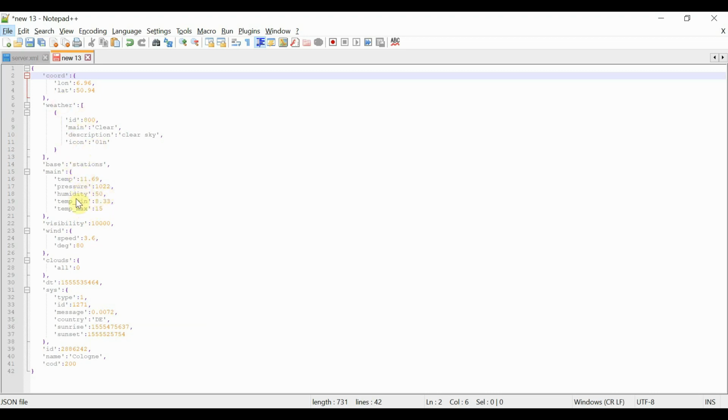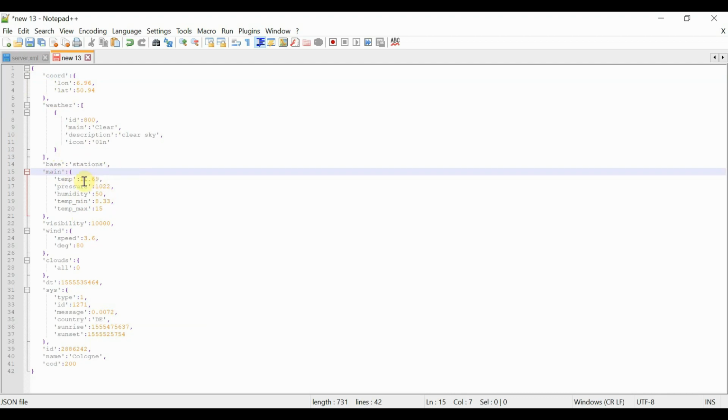So to get the temperature, what you have to do? You have to go to main. So in the first, in the third bracket, first provide the main, then under in the second third bracket you provide the max temperature, min temperature, humidity. So like this, you can get the